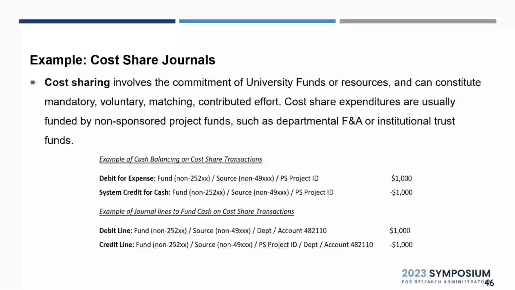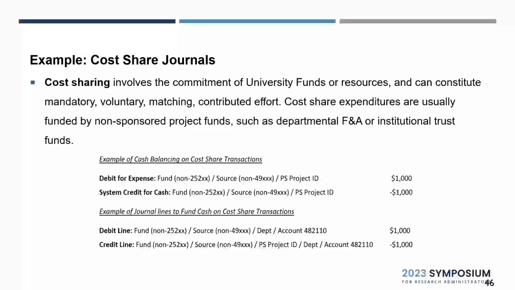When reviewing transactions, you may also see central office journals in addition to campus journals. For example, ACS journals are recorded by accounting services. An example of an ACS journal is a funding co-share journal, which is usually posted monthly. But what is co-share? Co-share is for grants and awards not fully covered by the awarding agency or sponsor. Put in another way, a portion of the project cost is funded by non-OSR funds, such as the departmental, F&A,